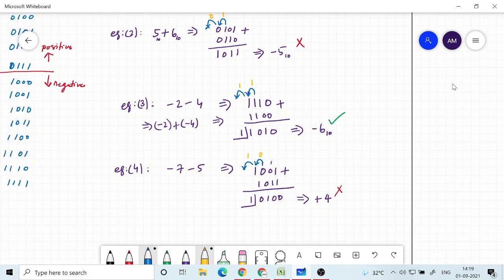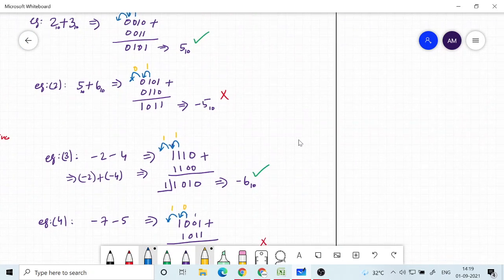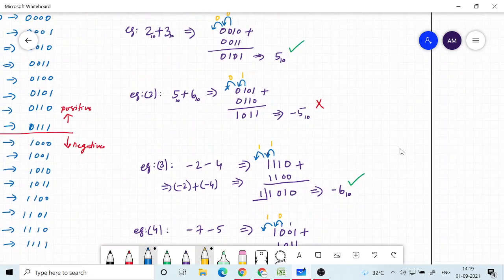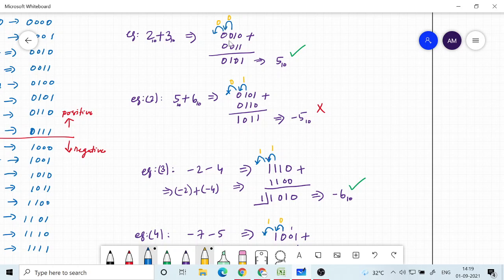So these are the 4 cases, and you look at each of the cases, what we are getting. The first one is 0 0, the second one is 0 1, the third case is 1 1, and the fourth case is 1 0. Now from this we can say, and you can verify this with any other possible examples, that in all these cases wherever there is an overflow, the carries that we get in the MSB as well as in the previous bit position will be differing. If one is 0, the other will be 1.